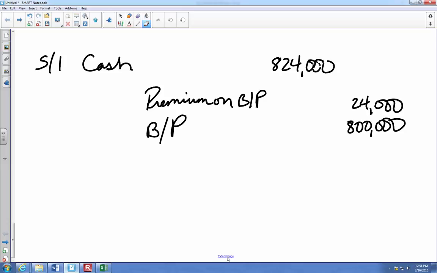And tell me again why people paid a premium? They're going to get a higher monthly interest payment. Exactly. I'm going to pay them more than the market, but they gave me 824, and at the end of the life of the bond, I only give them back 800. So that 24,000 effectively takes their interest rate down to what the market